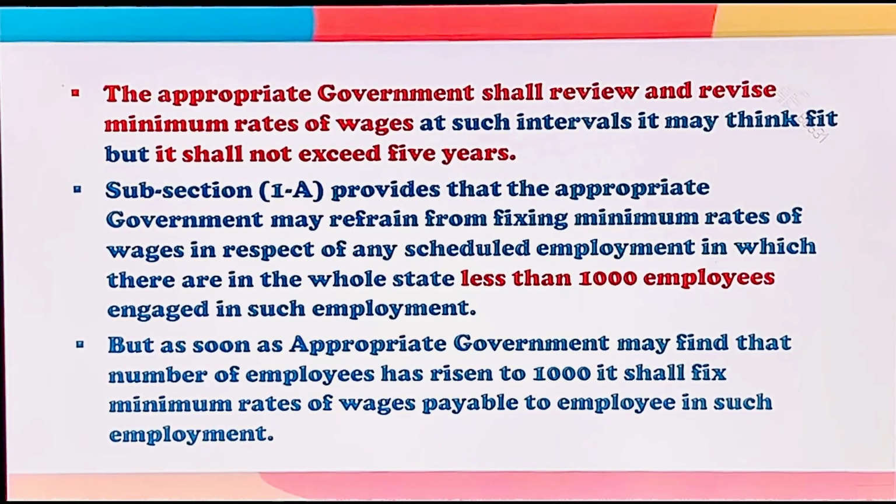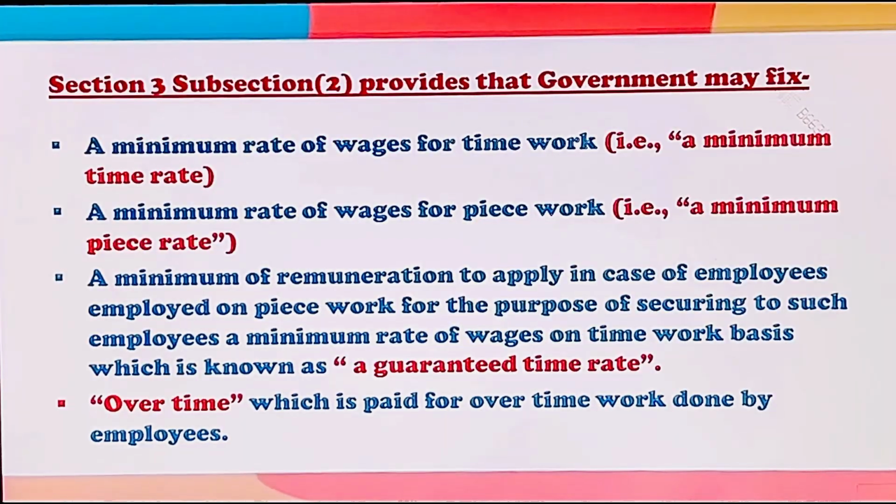काम कर रहे हैं तो अप्रोप्रिएट गवर्नमेंट रिफ्रेन कर सकती है फ्रॉम फिक्सिंग मिनिमम रेट्स ऑफ वेजेस फॉर सच स्केड्यूल्ड एम्प्लॉयमेंट। लेकिन जैसे ही अप्रोप्रिएट गवर्नमेंट फाइंड आउट करती है कि नंबर ऑफ एम्प्लॉयज 1000 से ज़्यादा हो गए हैं या 1000 हो गए हैं तो अप्रोप्रिएट गवर्नमेंट मिनिमम रेट्स ऑफ वेजेस फिक्स कर देती है फॉर एम्प्लॉयज वर्किंग इन सच scheduled employment. Section 3 subsection 2 provides that government may fix a minimum rate of wages for time work